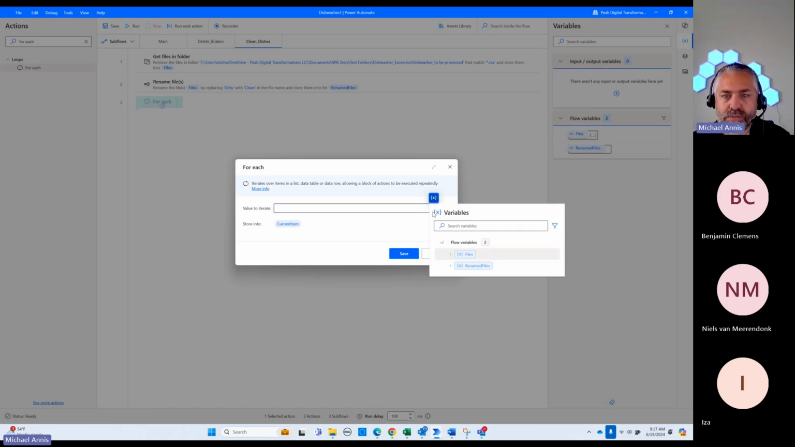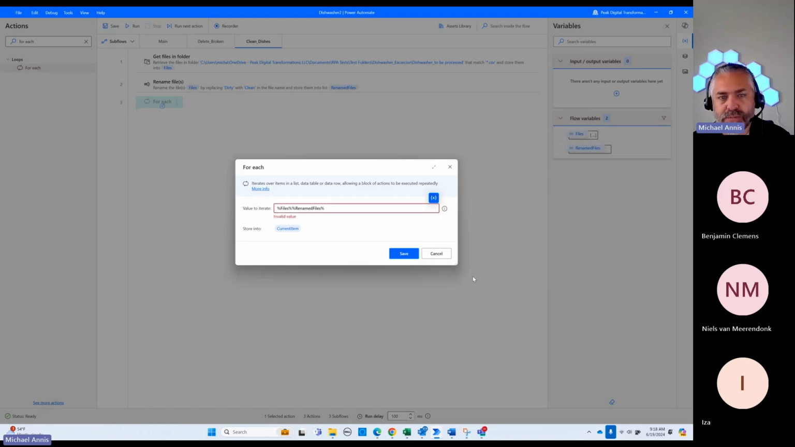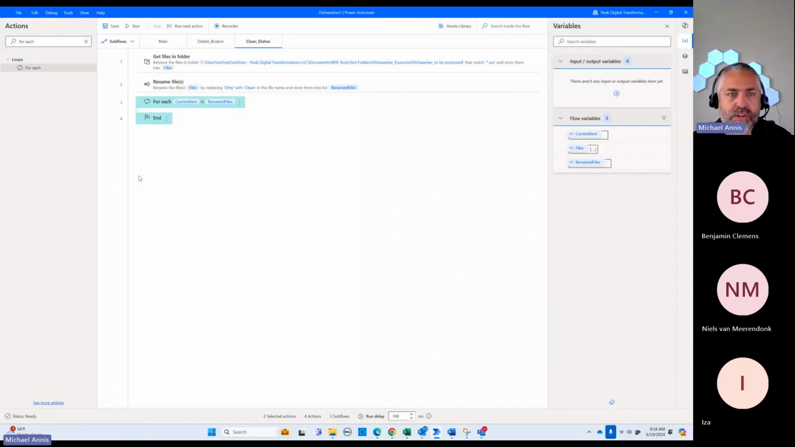So the value to iterate has to be a list variable. In this case, it's actually renamed files. So let's take that out. So we have renamed files, right? Our result has now become our variable. So our result from step 2, where we rename the files, has now become our variable for this next step. So for each, we want to,